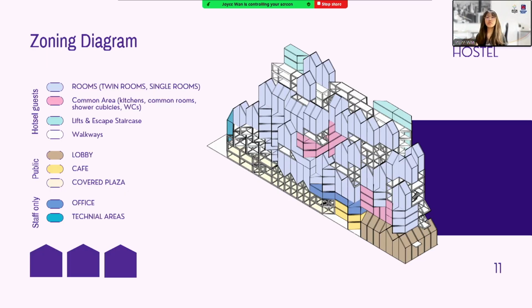As you can see in the zoning diagram, that further tells the different zoning of the public, private, and staff only areas. So I put the public area mainly on the ground floor, so people from the street and all the guests can share the area on the ground floor. And I put the staff area on the back or the middle part, so it can help with both the lower part and